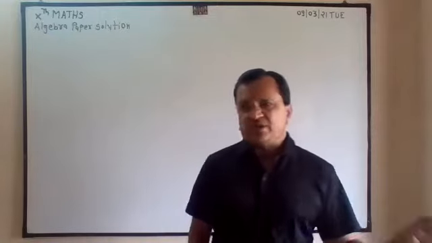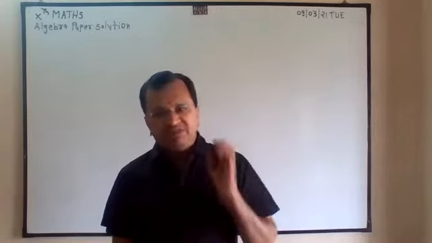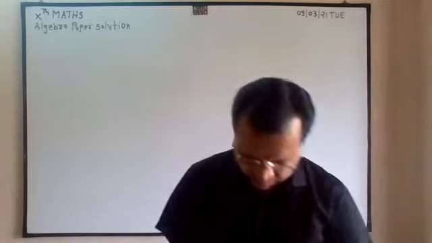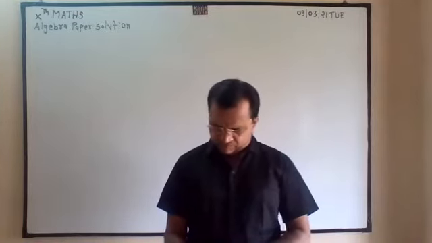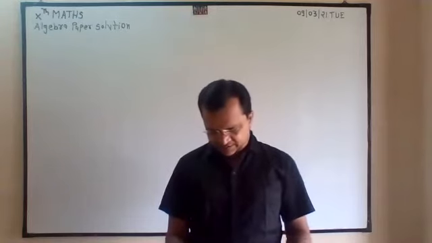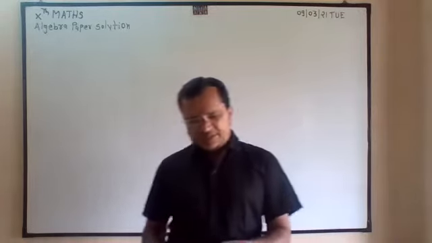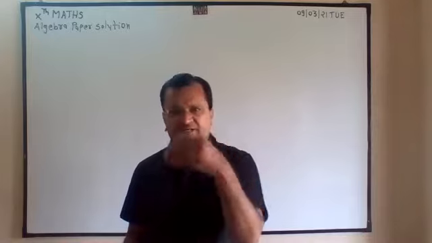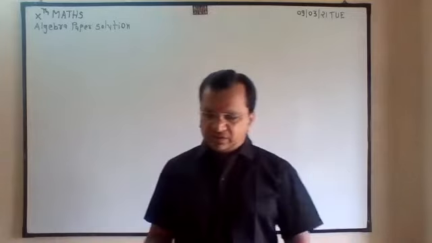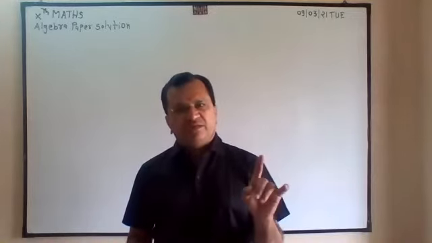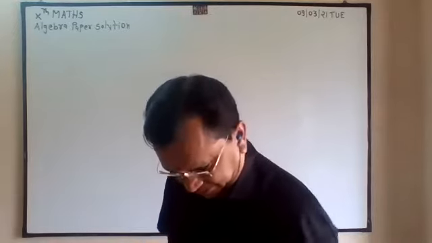Geometry paper one solution, part one and part two, we have completed. Now today we will start one new algebra paper that is given in Navneet Prakashan 21 question set with solution. It is very useful, and they have mentioned that it is on the basis of the reduced portion. So it is good that from the paper we do not have to cancel the sums which are not in the syllabus. It is 100% from those four chapters, except the perfect square method and alpha beta method. Let's start.